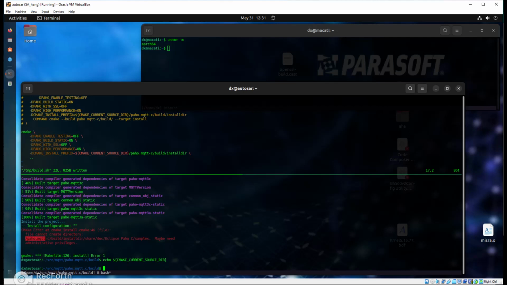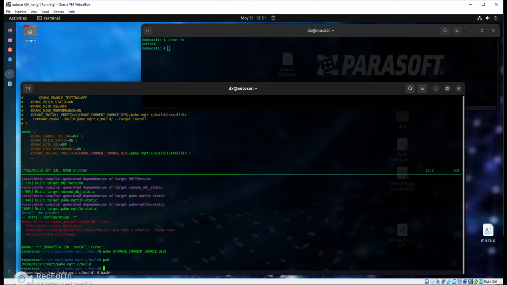Okay, it's empty, and that explains why we cannot write into this row of location here. Again, this cmake variable will only have a value, and it's going to expand to a valid value, if it is invoked within cmake, not from a shell script. And the value of that is going to be this path here. The cmake current source dir is going to be this highlighted path here,